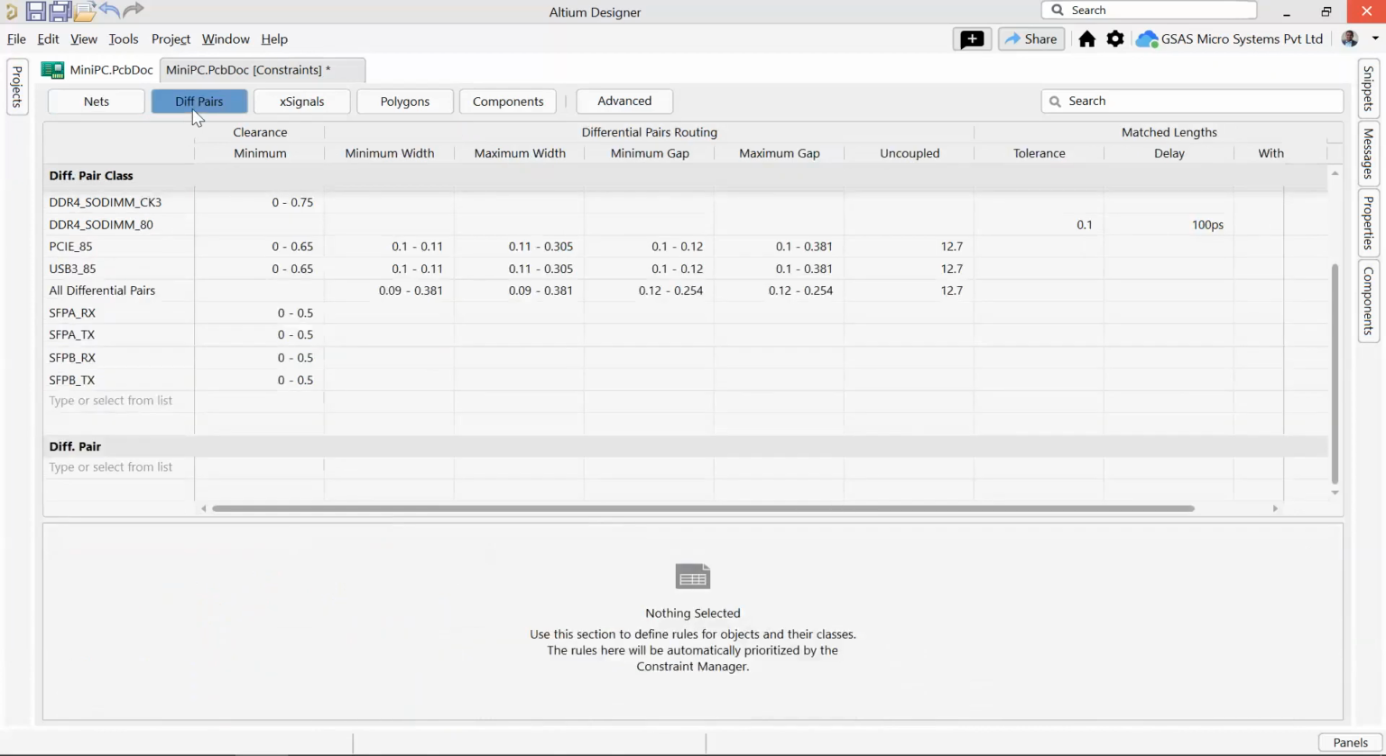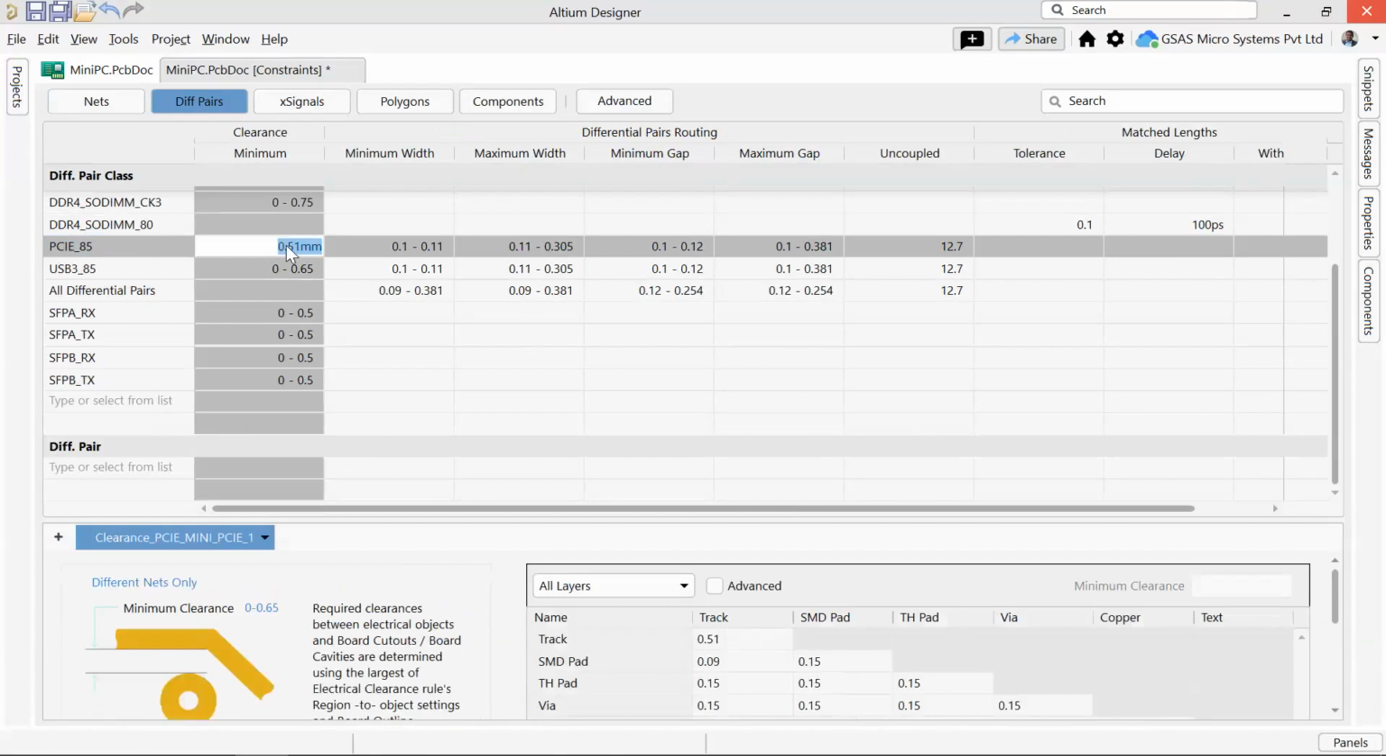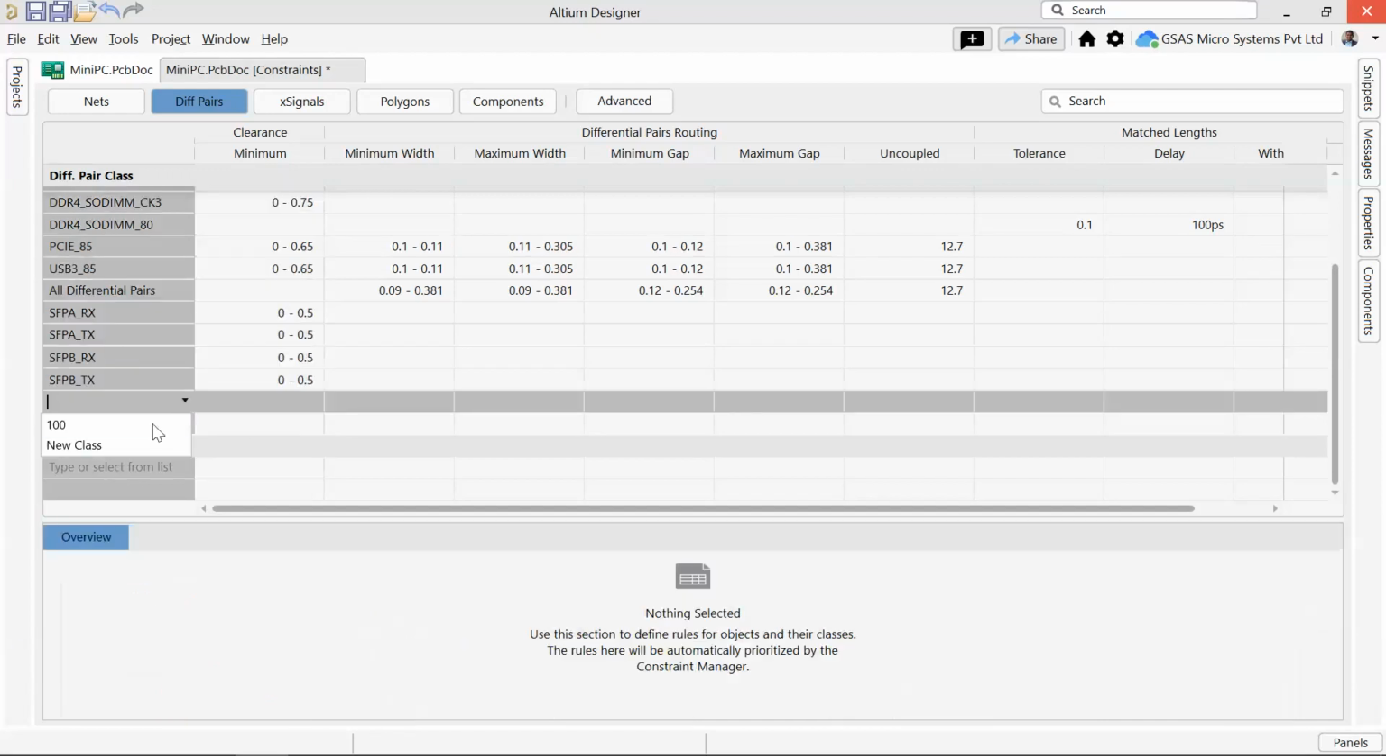If you look at the differential pair, we have got pi is 85. If you click on this pi is 85, you are also able to see the routing rule applied for this particular group of nets. Now, if you want to create any rule from the drop down, you are able to select the